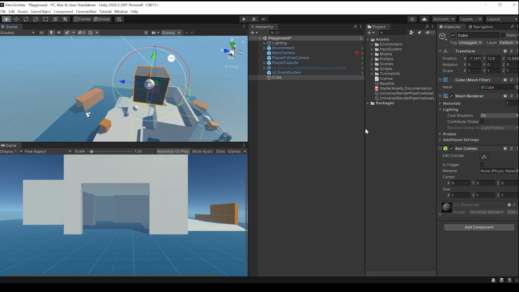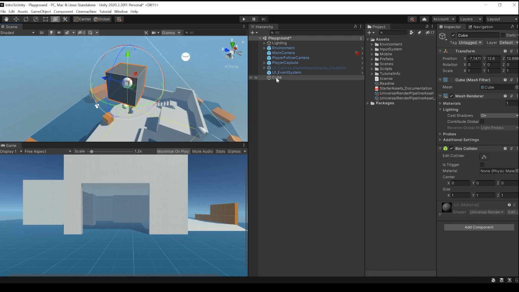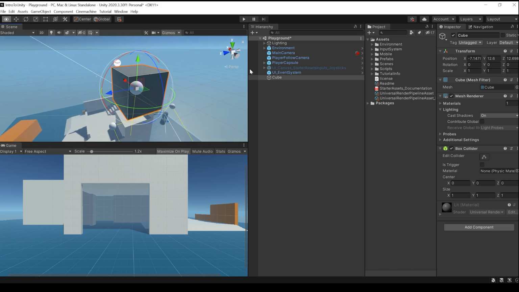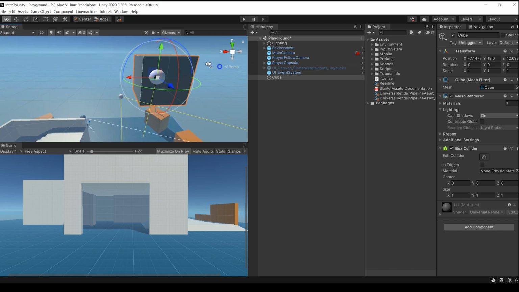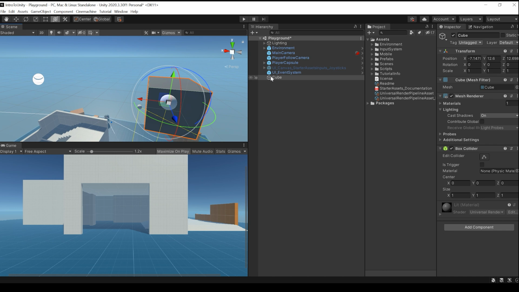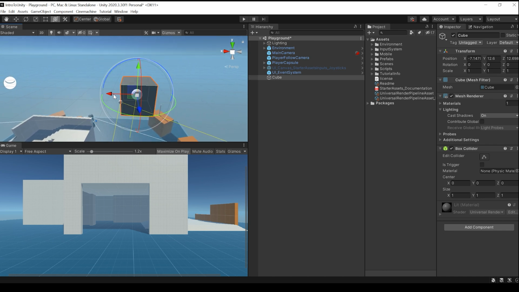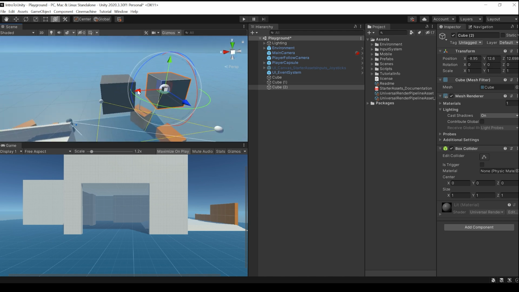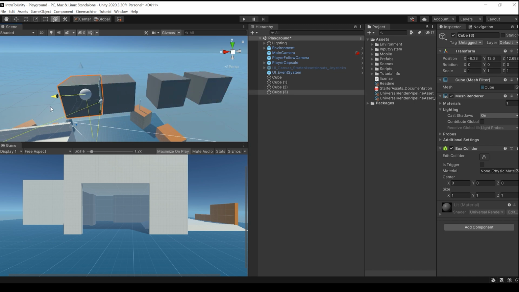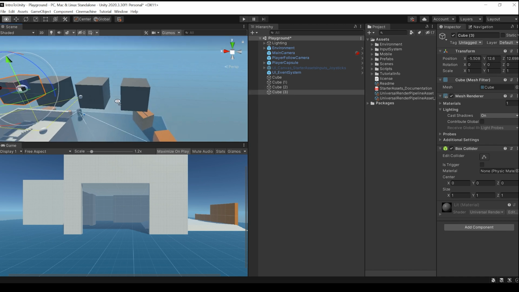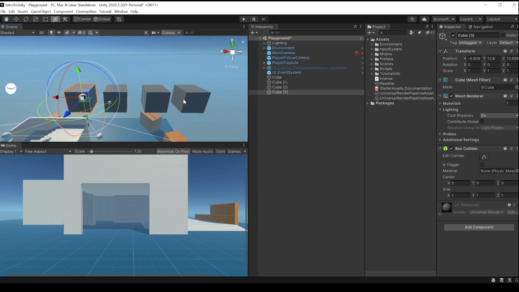And if you're wondering how I got close to that cube, all I did was double click this cube. So let's say I have a bunch of cubes. So I'm going to just quickly duplicate this. I'm going to press Control D. That duplicated that, and all I did was drag it over. Control D, Control D. So instead of having a bunch of cubes in a game, what I could do instead